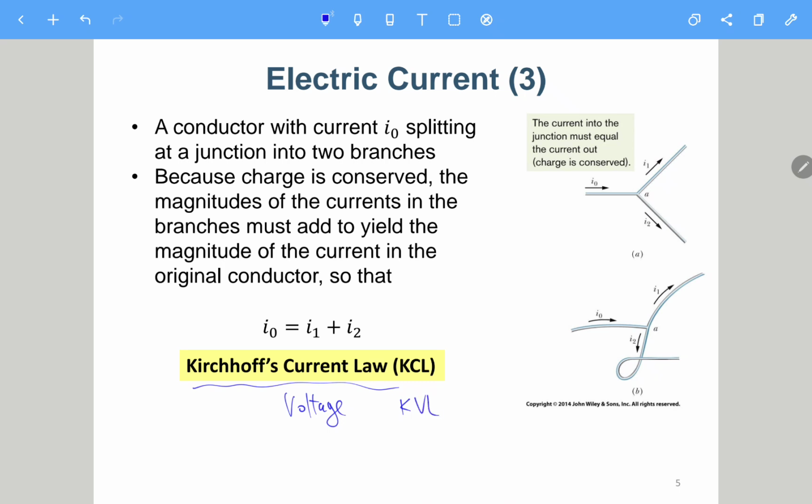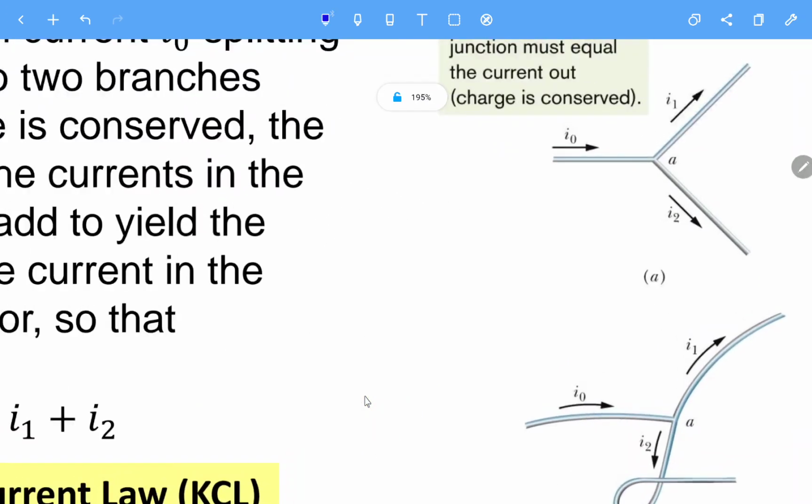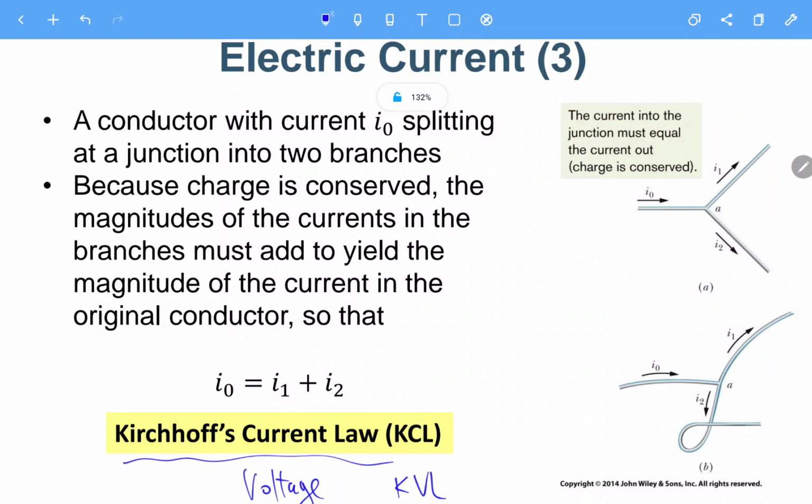This is KCL. So for that time, we tried to consider a complete loop, and then consider the potential difference step by step, and when we add them together in the correct direction, it turns out to be zero for a complete loop. And then for this one, Kirchhoff current law, which means that when we consider the current for the circuit, for example, for this junction, okay, this is called a junction or a node